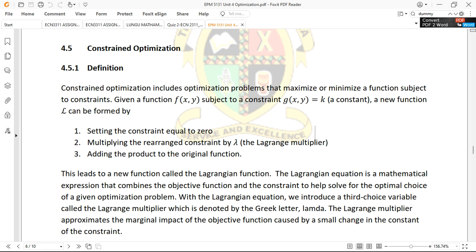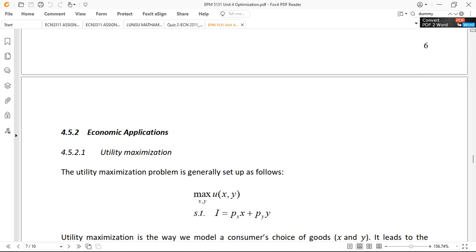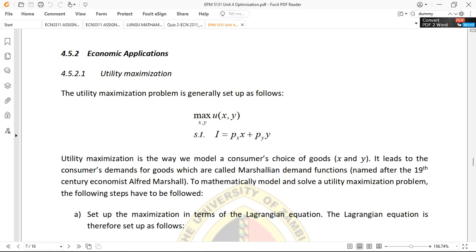So we usually use what we call the Marshallian demand functions. To derive the so-called Marshallian demand functions, we are supposed to use what we call the Lagrangian equations. So we are going to go step by step because this is somewhat